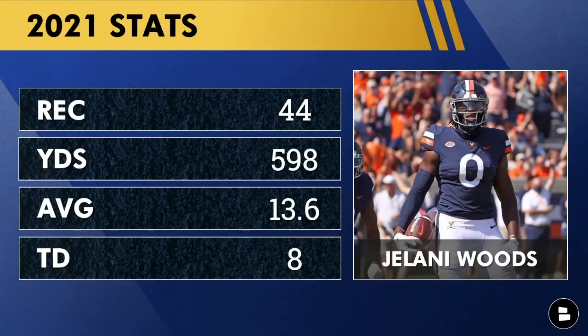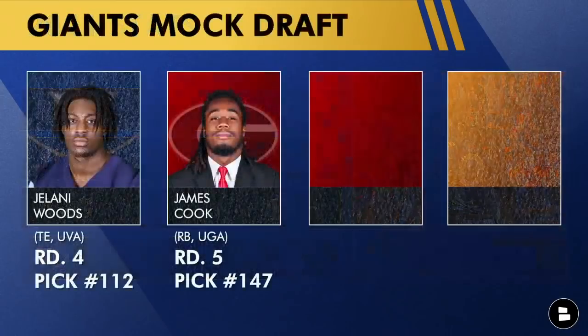I like him a lot. I think he'd be great in the Brian Daboll offense. Take that role of Dawson Knox. Round 5, pick 147. I had the Giants take someone that has been rumored and talked about in the draft